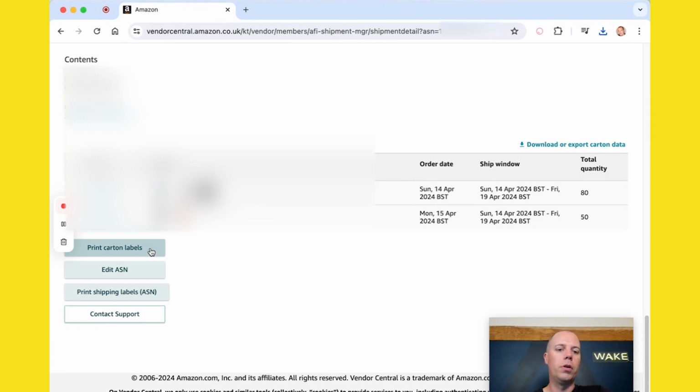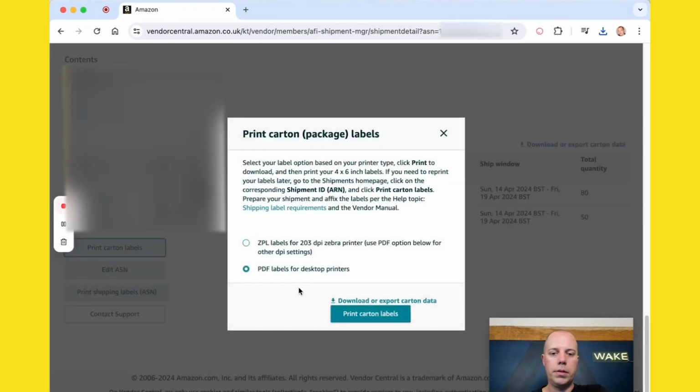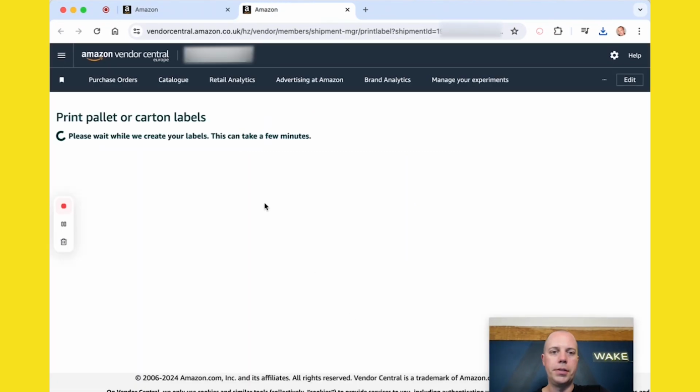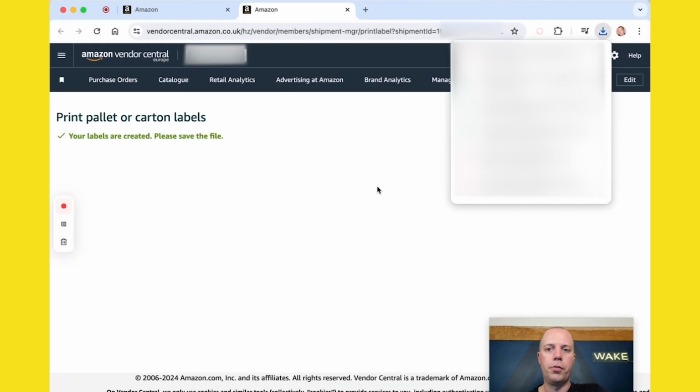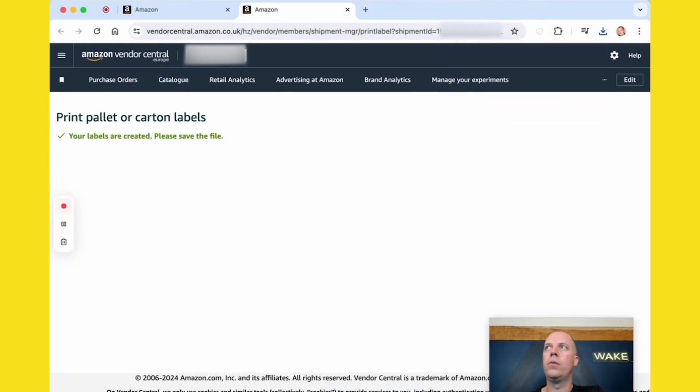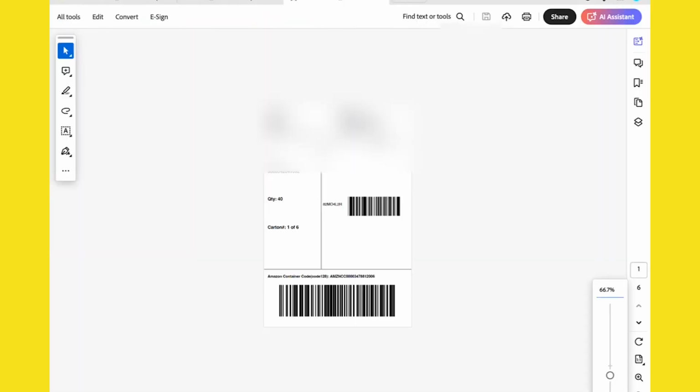If you're applying labels to any cartons within a shipment, this is what is going to be generated at this stage. You've got two options, either Zebra or PDF labels for desktop printers, but I think they both come out at the standard 6x4 inch size,